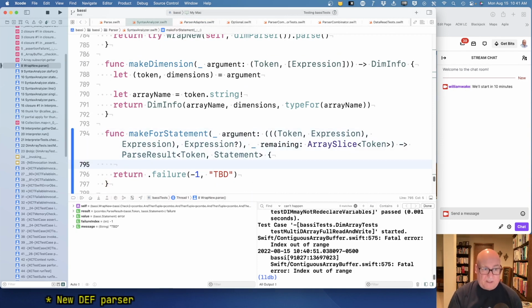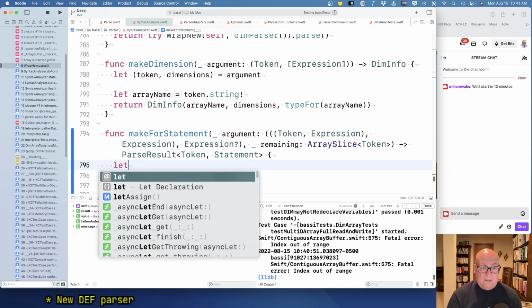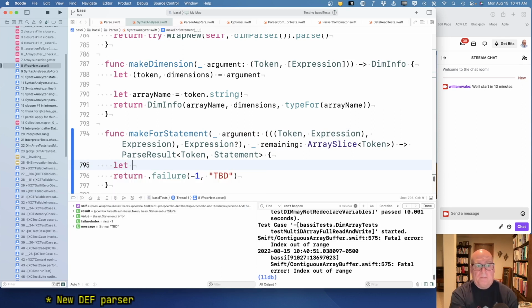And we're going to do this without the semantics like we did last time. So, well, maybe this is where I do this. Let variable expr1, expr2, expr3 optional